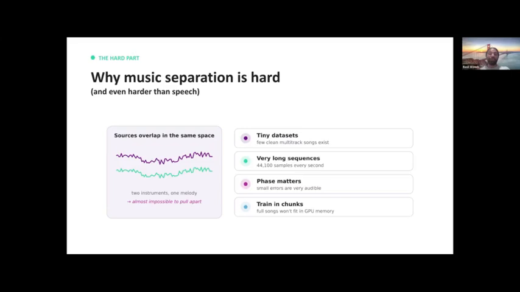Additionally, in music source separation, it's been really hard in research to find large data sets. And in fact, even today, most research papers published use no more than 150 songs to train their models. And for those of you that don't know how much data is needed to train really large deep learning models,